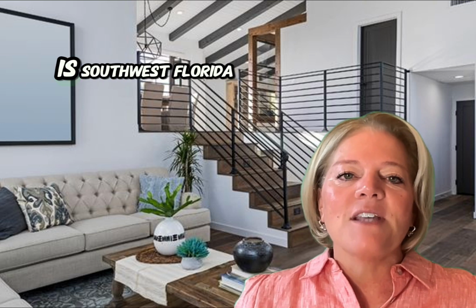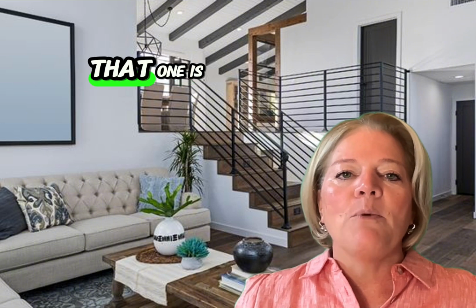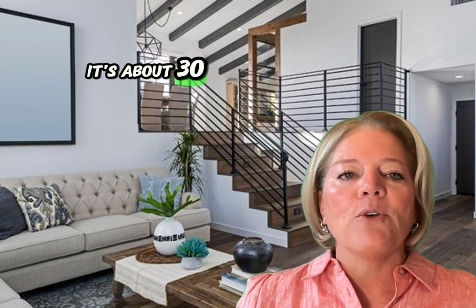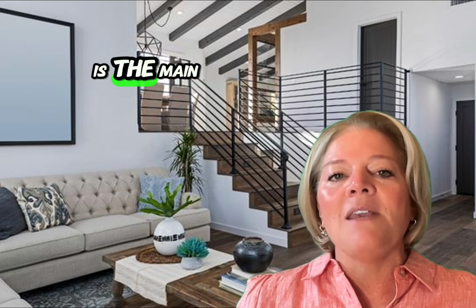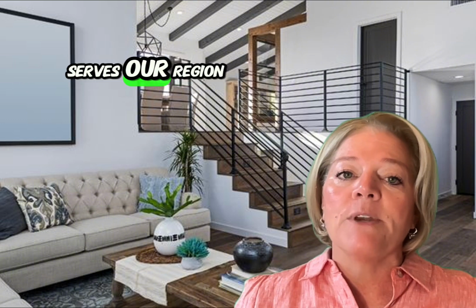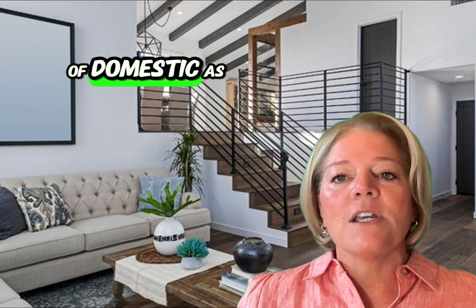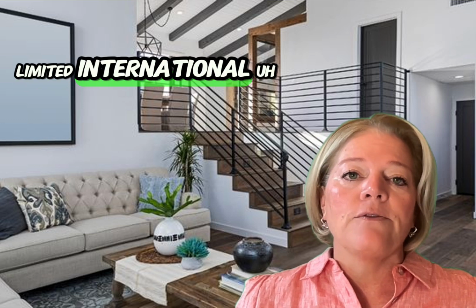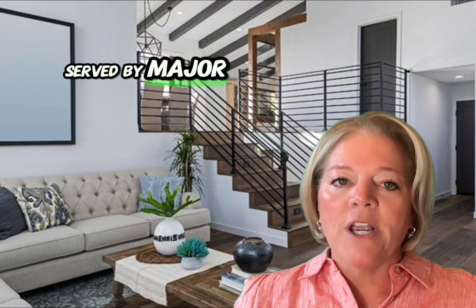The next one is Southwest Florida International Airport. We refer to it as RSW. That one is located in Fort Myers. It's about 30 miles from Naples. I would say Southwest International Airport is the main commercial airport that serves our region. It's certainly the most convenient choice for most travelers, providing a range of domestic as well as some limited international options. It is served by major airlines,